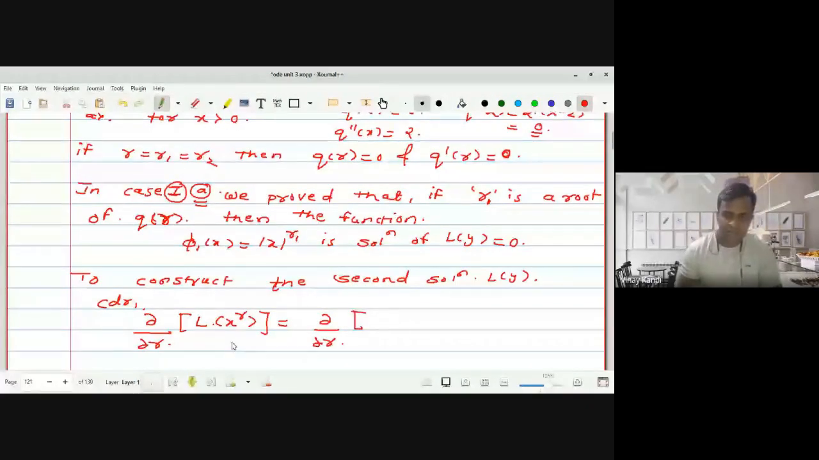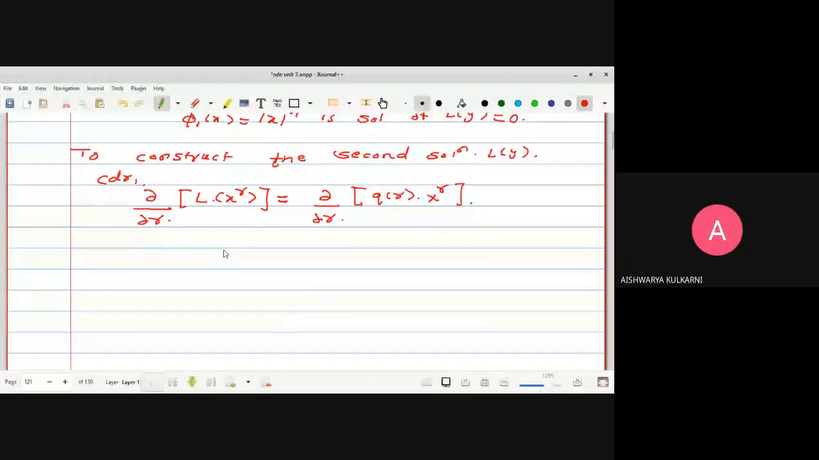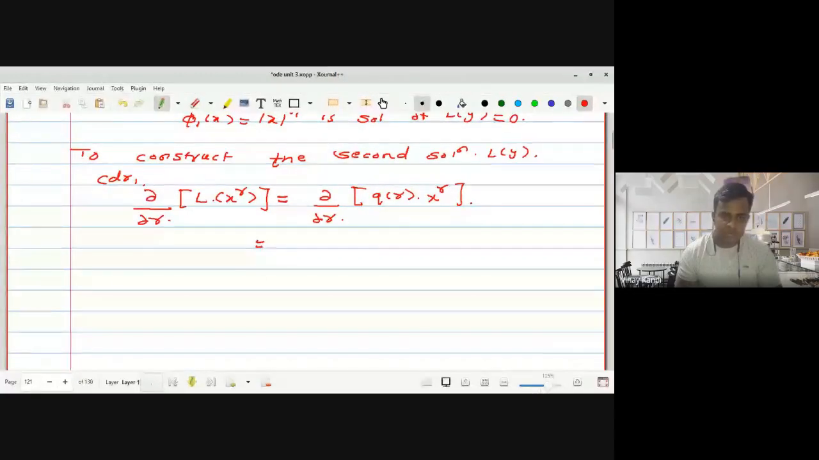Q of r into x raised to r. We proved in the previous part that L of x raised to r is nothing but q of r into x raised to r. Any doubt up here? Now differentiate with respect to r using the product rule. Derivative of the first, q dash of r, into the second as it is, x raised to r. We are going to differentiate with respect to r here, not x. Plus